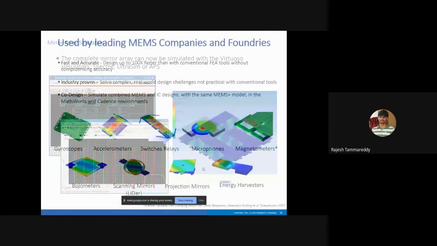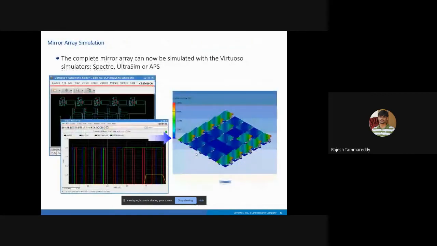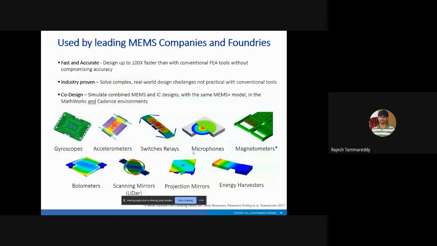So these are the signals that you are giving to actuate. And once you run the simulation, you can see how your 3D model is behaving due to electrical excitation. Right? Here you can see you are running a simulation not for a single device. You are running simulation for the entire array, 5 cross 5 array. And you are doing simulation along with the electronics.